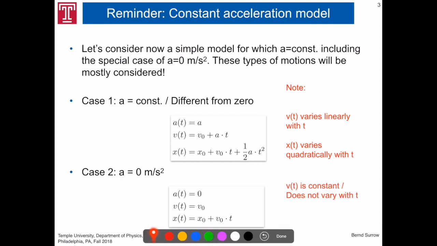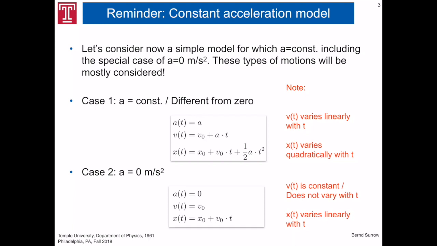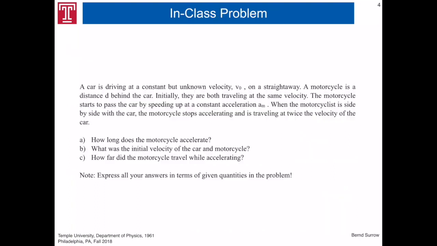Concerning now the case of a equals 0, v of t is a constant, does not vary in time, and x of t varies linearly with time. I hope this is really clear at this point. So let's now go back to this problem that we talked about, namely a car is driving at a constant